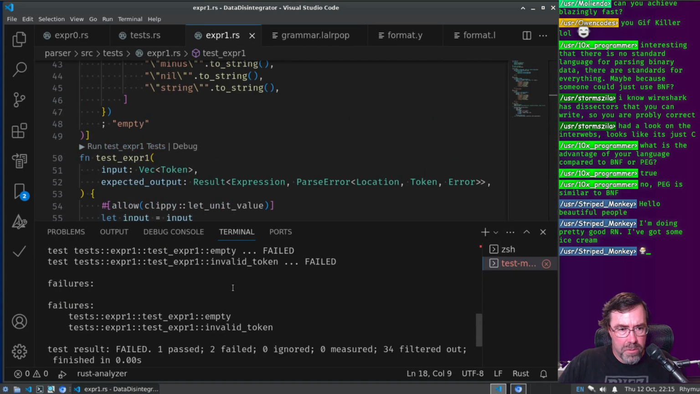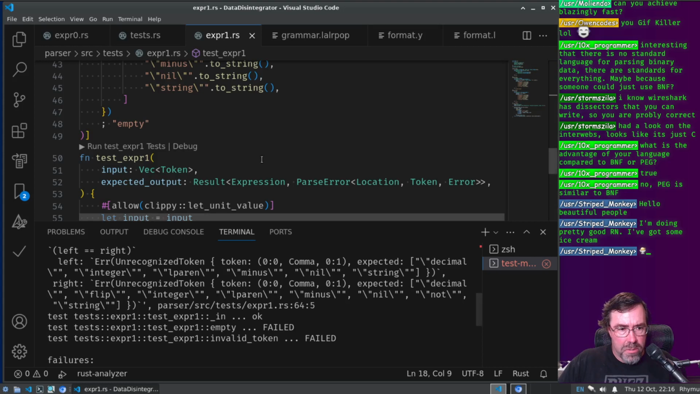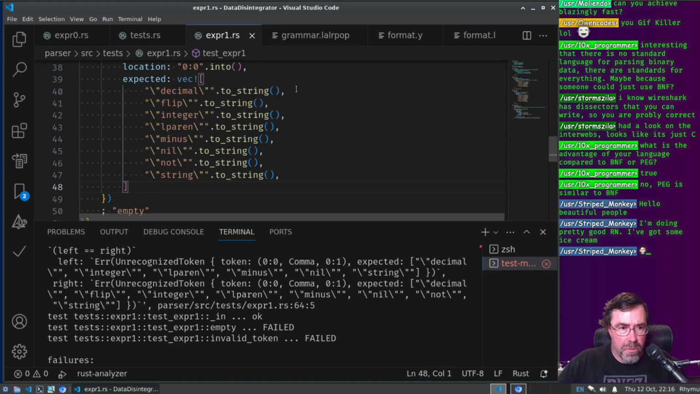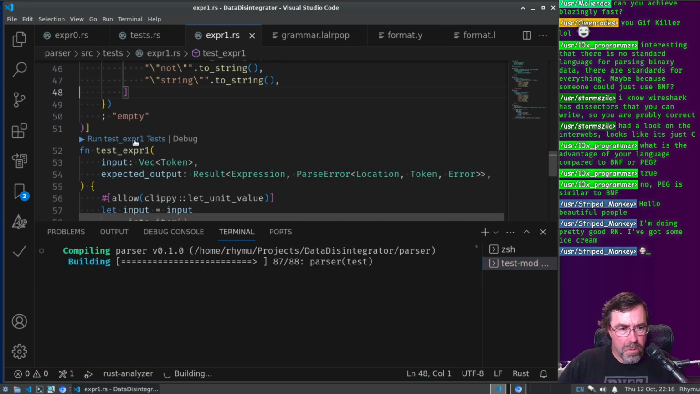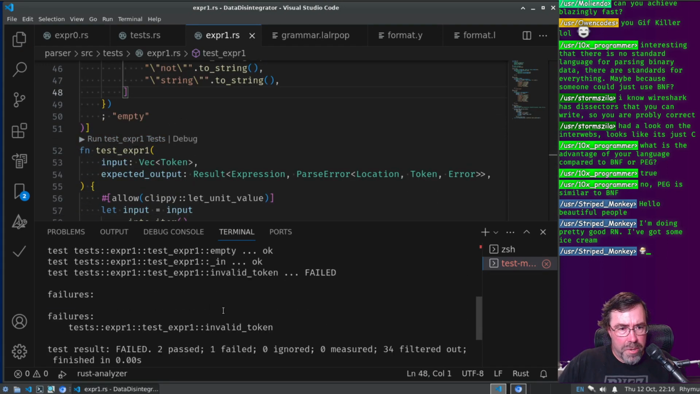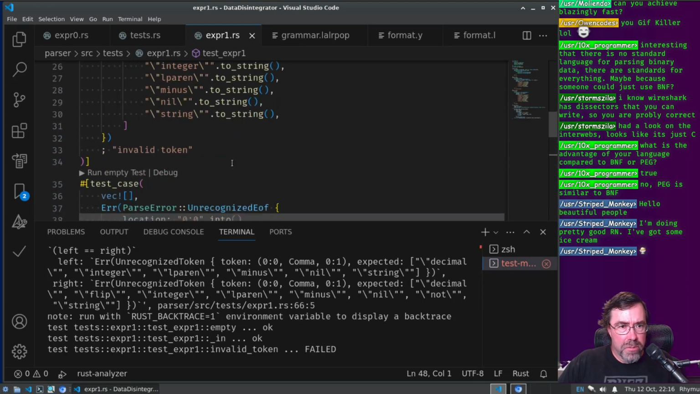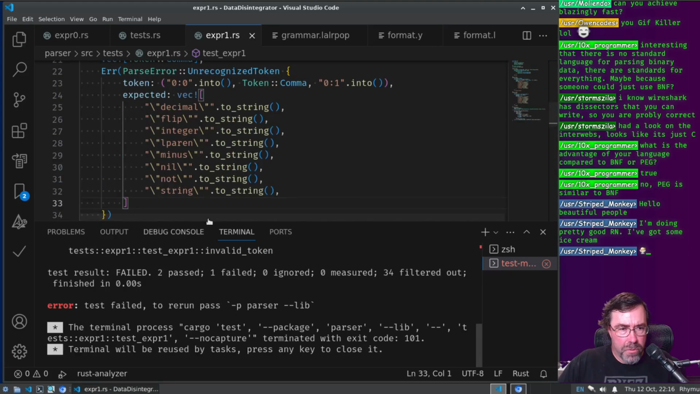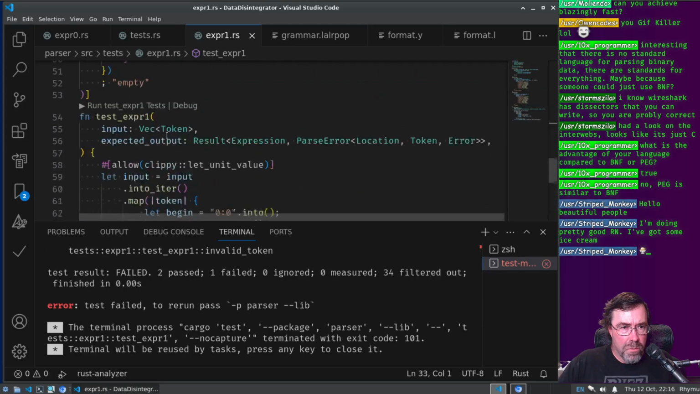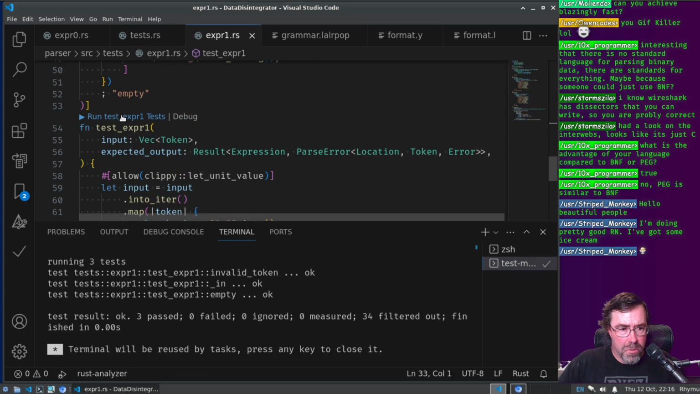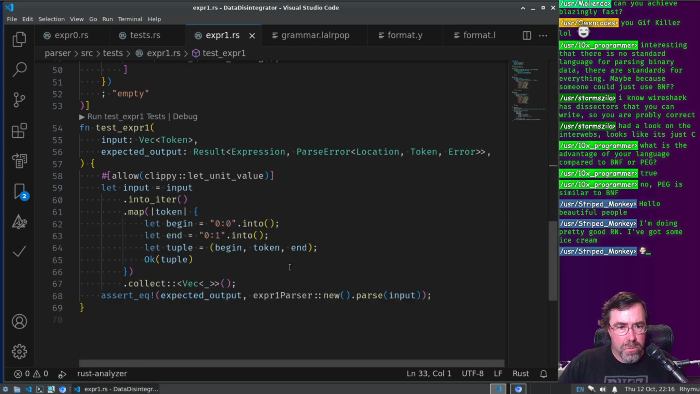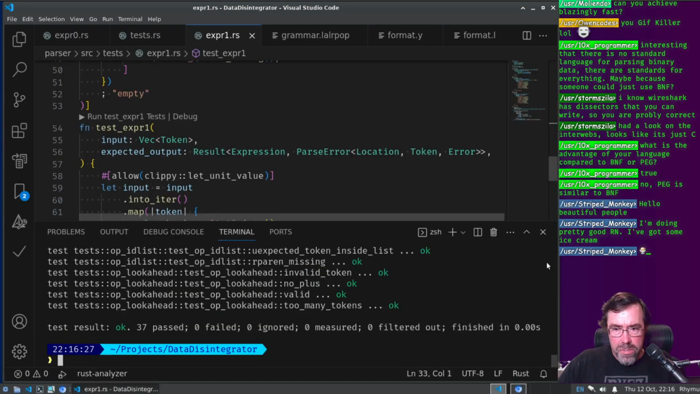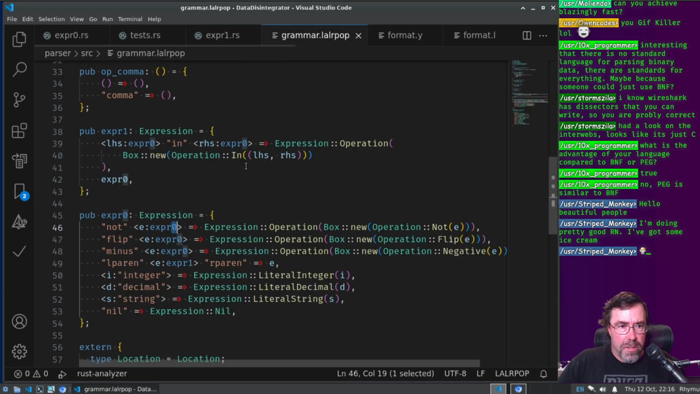Because this is all, oh, it's the same thing, right? So this goes the same thing. Two passed, one failed. The invalid token one also has a list in there. Okay. Cool. Okay, so that means all of our tests should pass. Yep, 37 tests all pass. So, problem